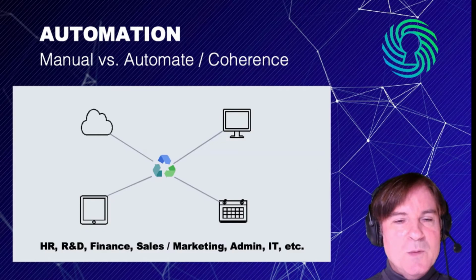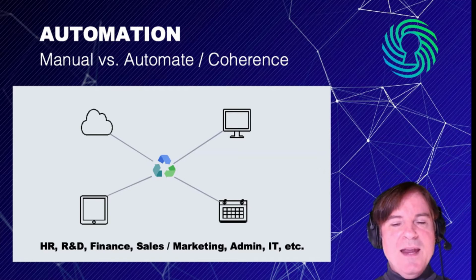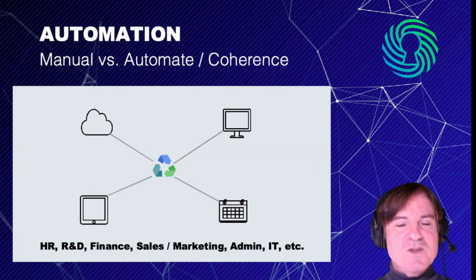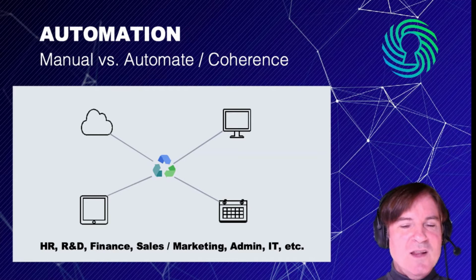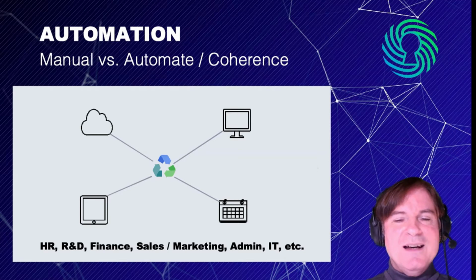This graphic kind of helps visualize what's going on. We have the cloud, we have desktops and laptops, we have smartphones, we have everything else, collaboration tools like Zoom and Slack. We have different departments: HR, research and development, marketing, IT. If you're an online presence like in e-commerce, you've got all that to think about. And this is essentially just a beehive of terabytes of fast-moving, complex data that needs to be managed and basically corralled, if you will.